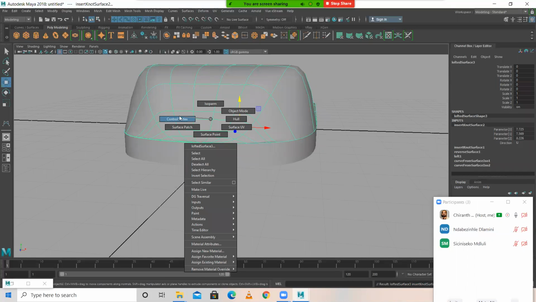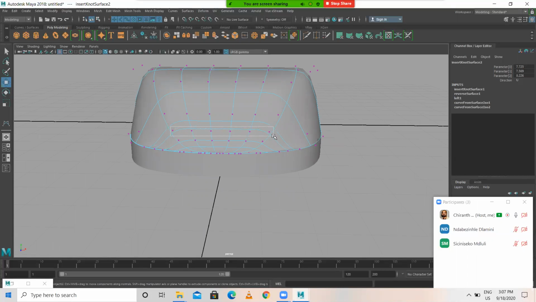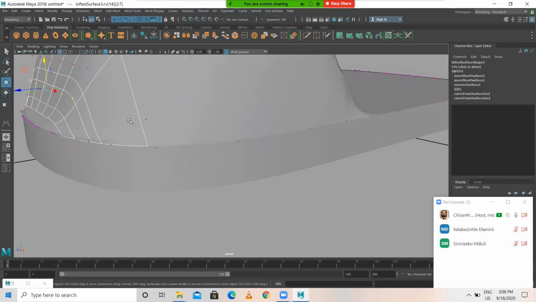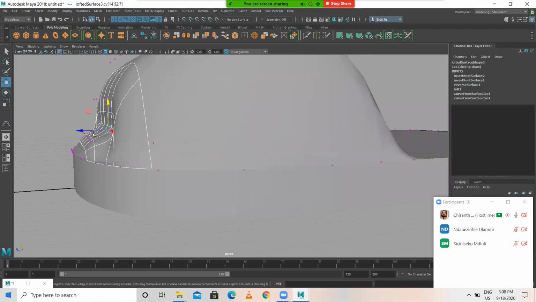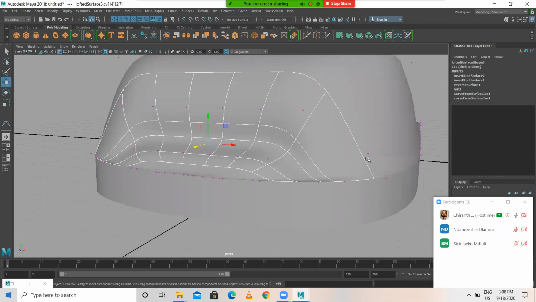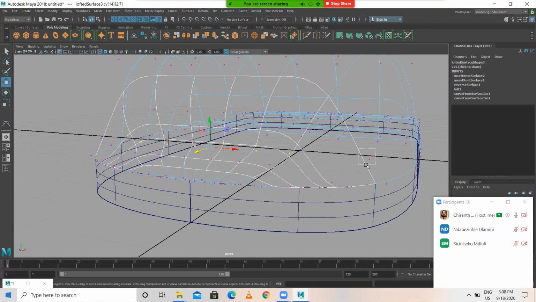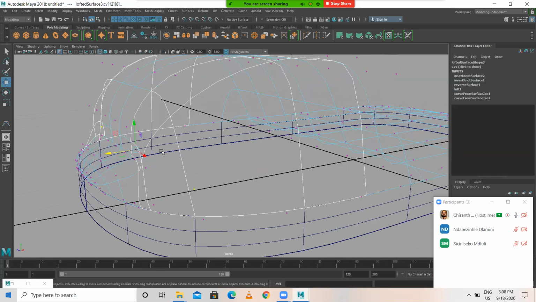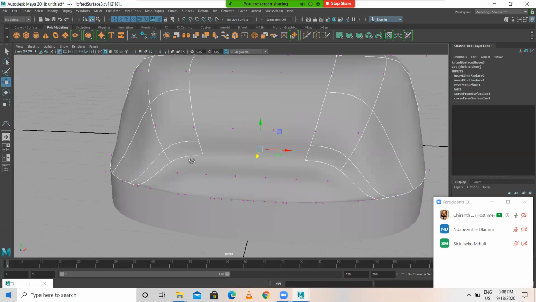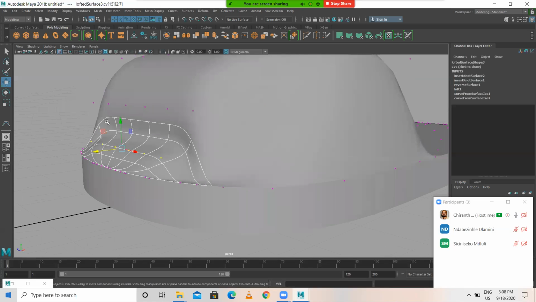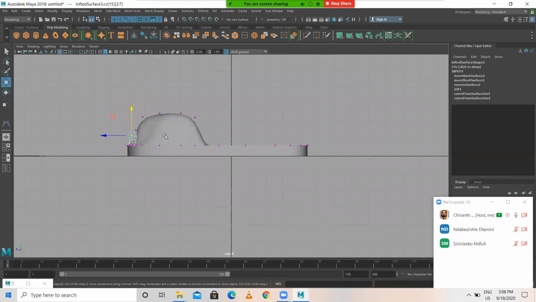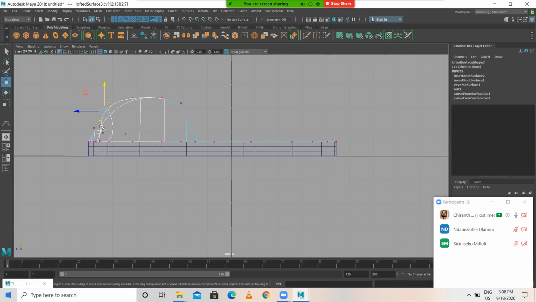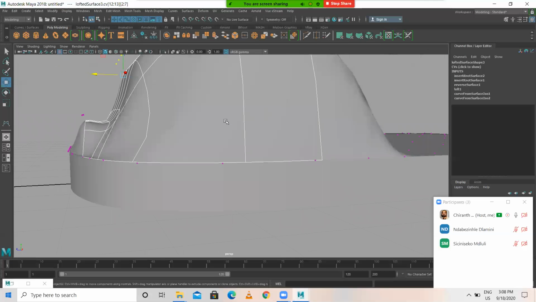Surface, insert isopump. I'm just creating some shape, that's it.